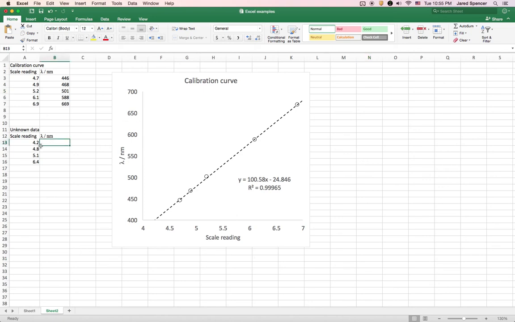So I come over here. This is, again, my scale reading. This is my lambda, and this is a function of x. This is a function of scale reading. So what I'm going to do here is I'm just going to type in this equation. I want whatever is in this block to equal. So this block is y. This cell right here is y. I want this to equal